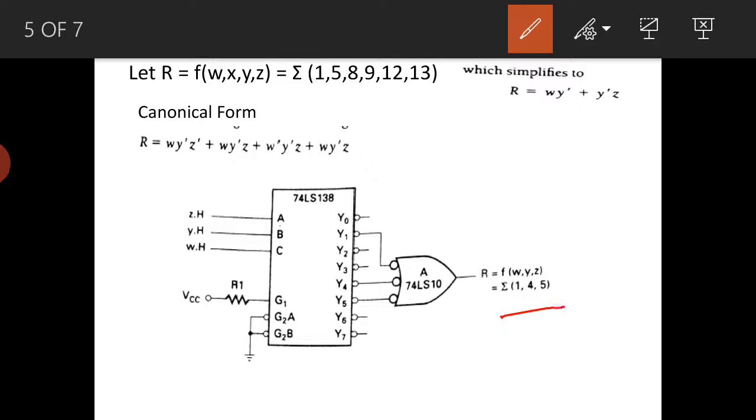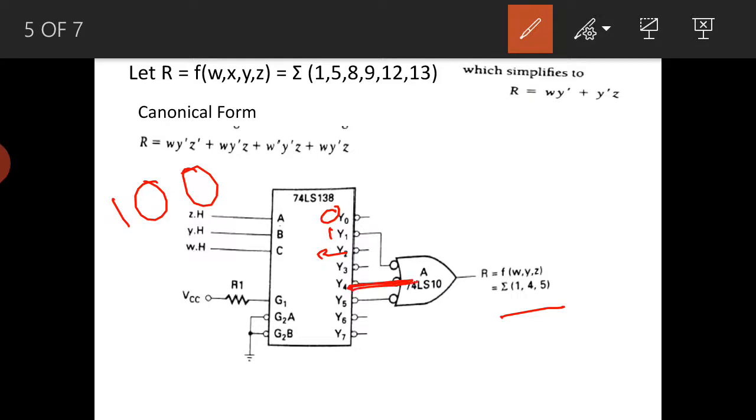So if I give the value like this, for example, 1 0 0, or 0 0 1 means it is 4, or we can give it in reverse. So that is 1 0 0, I will give 4. Actually it is 4 in this, 1 0 0. As it is counted from 0, so 0 1 2 3 4.